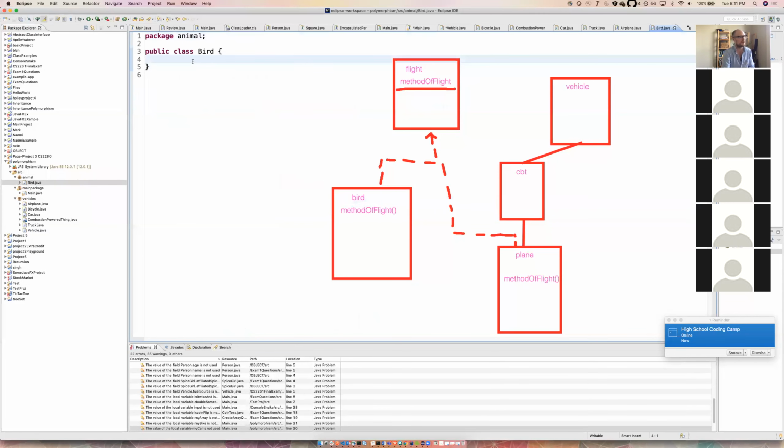Bird's the word. So what do birds have? Feather color. Yeah, sure. Birds have songs. I don't really know how we say that, but we'll do bird song. Why not? And then